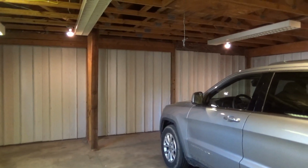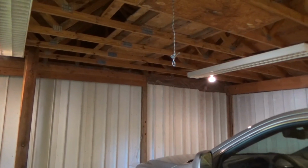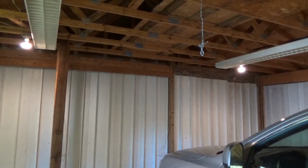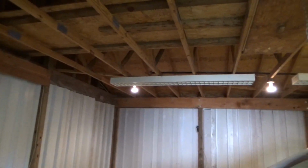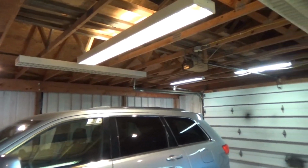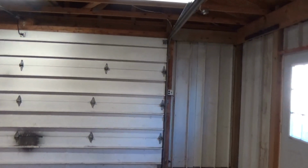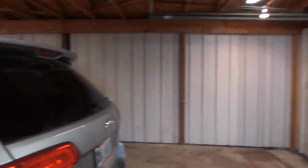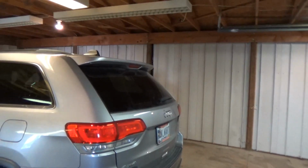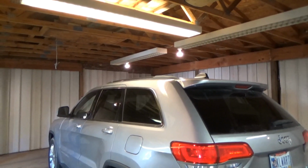And as far as the ceiling goes, one of the main reasons I was looking at putting a ceiling in, and I can always come back and put one in if I want to, is because I was concerned about dust coming down from the roof. When I was moving the layout over to the other garage, there was actually not a whole lot of dust on the layout. And one thing to keep in mind is that I didn't clean off the layout when I moved it a year ago, so there was already dust on it. Not only that, but the layout's been sitting out here for a year, idle without getting used, so there's going to be a little dust from that too. But there wasn't a whole lot of dust on the layout, and I got that all vacuumed off before I moved the sections over to the other garage. So, but anyways,